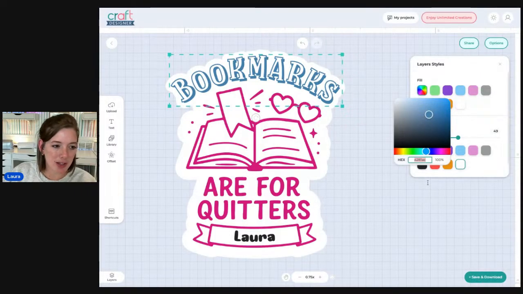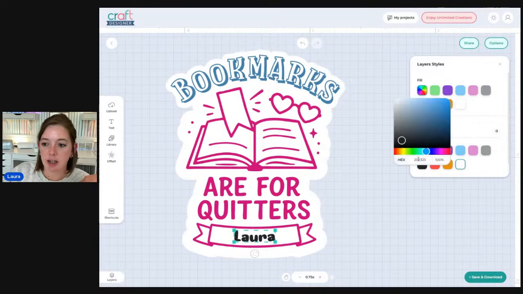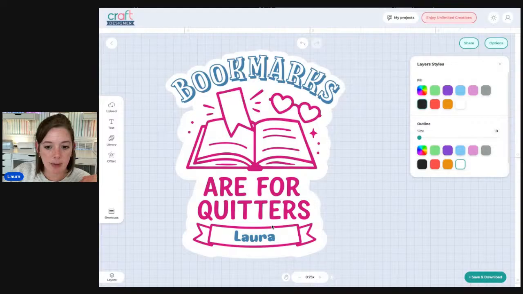You can't see me doing it because I'm opening up a new window and I'm not screen sharing my full screen, but you would just right click it, select copy, make sure you've got it highlighted completely. And then you can go select the text you want to put it on, open your fill selector here, highlight the whole thing, delete it, and then paste. That's how you do it.